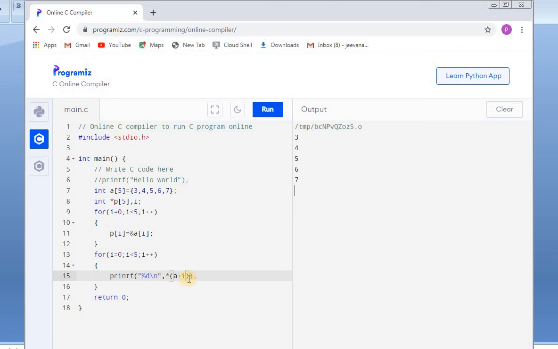If you want to print the addresses of array A, then simply I'll declare this statement, that is P of I. As you can see, it is storing the addresses of array A, so now the addresses of array A will be printed out.